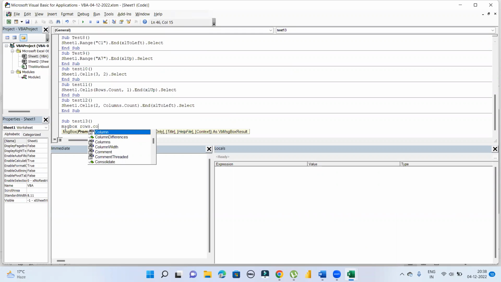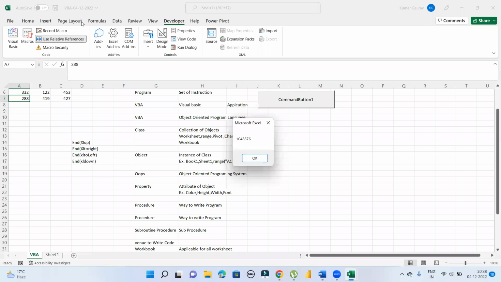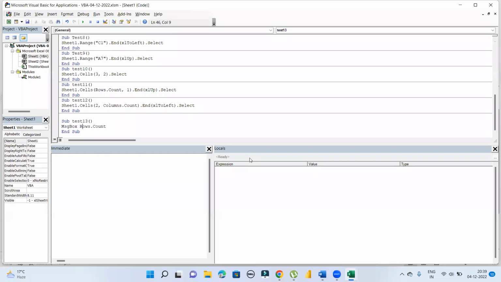Does it work or not? Let's see. Rows dot count. Can you see the row number? How many rows are there in these sheets? This is showing how many rows are in these sheets. And if we do the columns dot count,